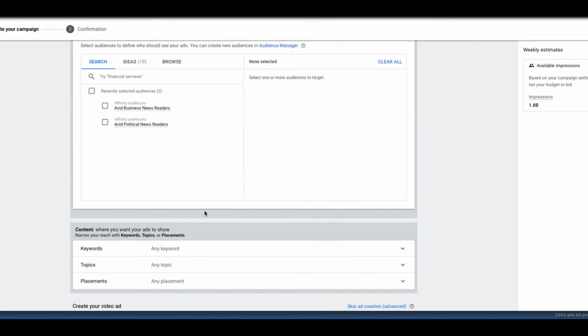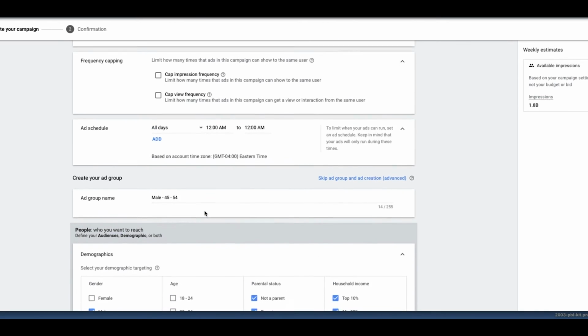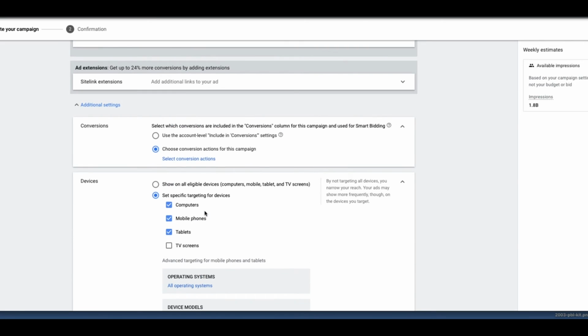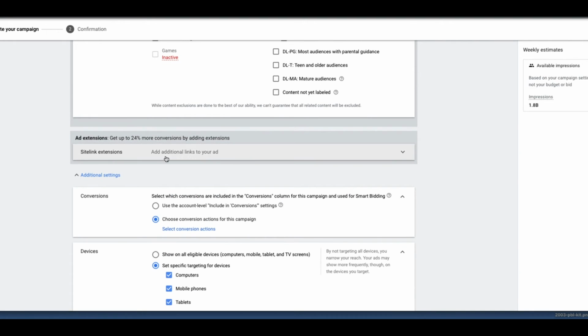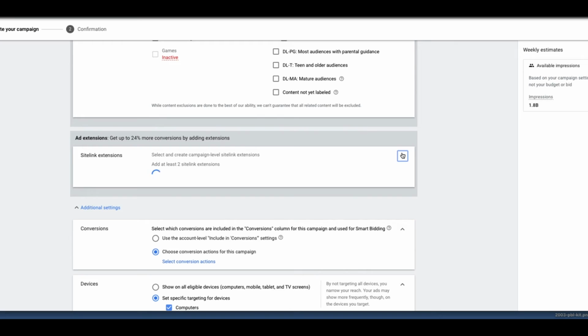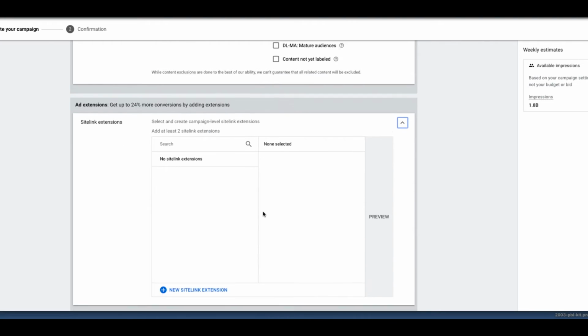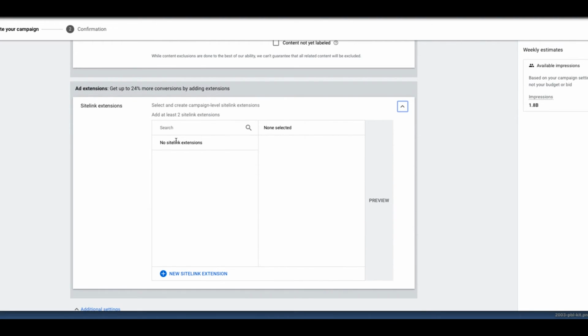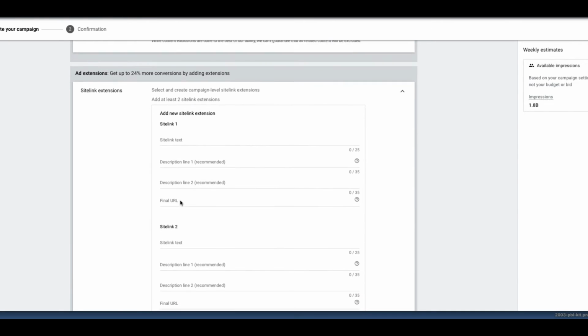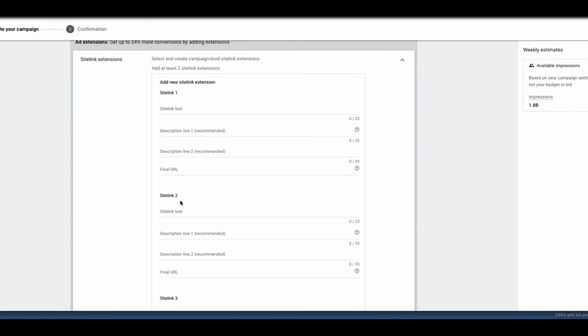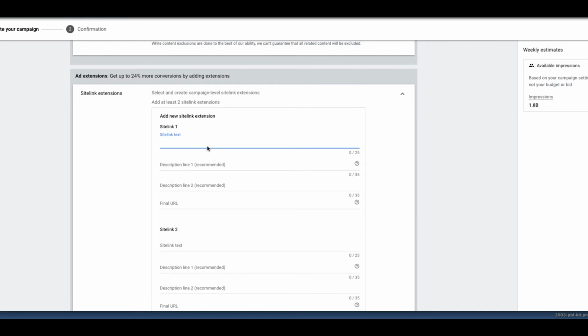Another thing that I want to cover briefly, this is something new that Google has enabled that I've just started using, but it's those little extras that you can do. If you already have these existing, they can be added to your ads, but you can create site link extensions, and you need at least 2 of these. So let's say, get the free book